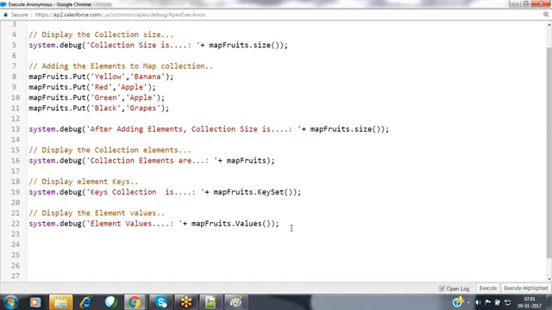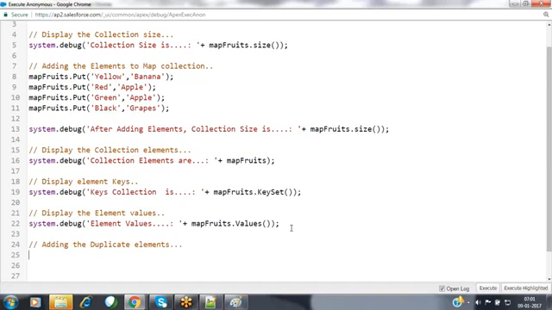Now here I'm adding the duplicate elements inside the collection. Whenever I'm adding the duplicate elements, observe what will happen.